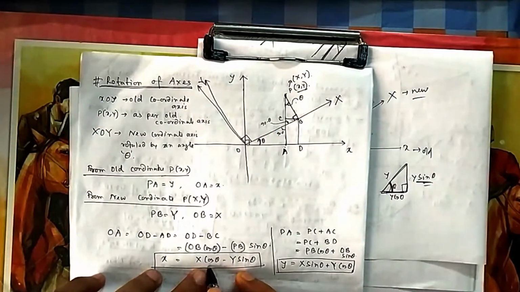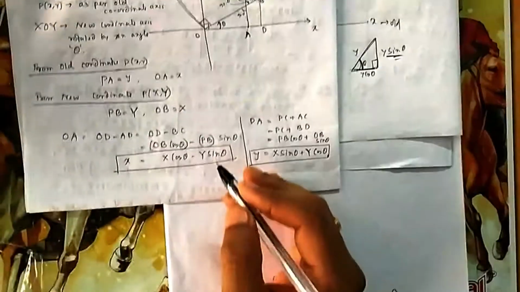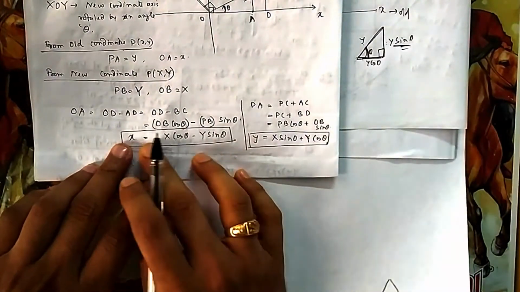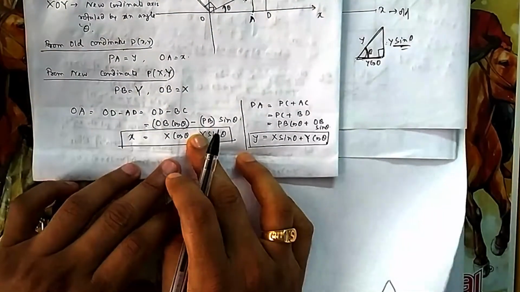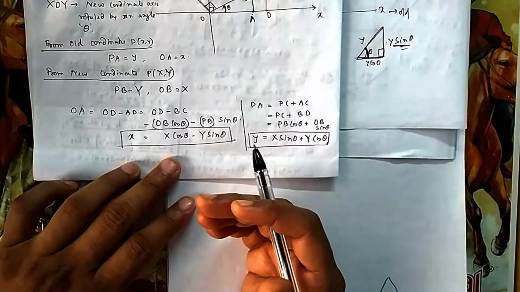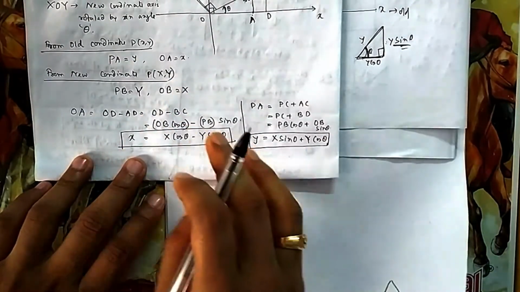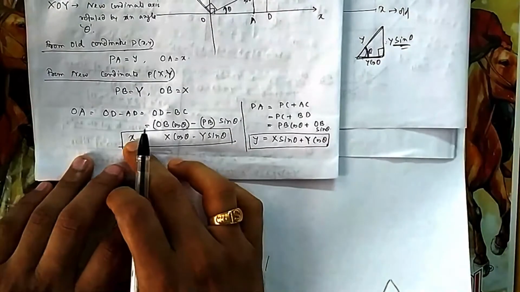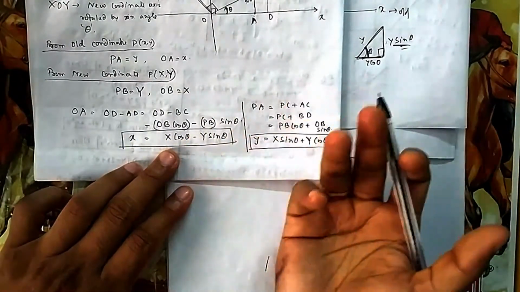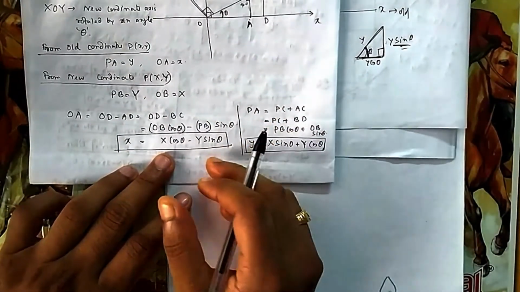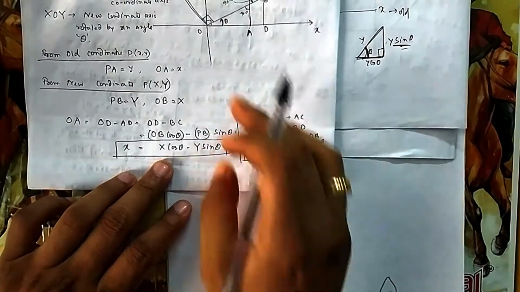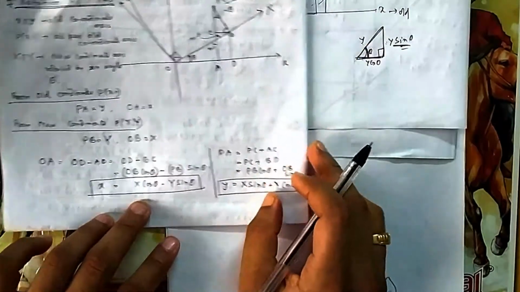So small x becomes X cos theta minus Y sin theta. If you know theta, then you can change your x. In place of small x, you write this, you will move to capital X, capital Y. Wherever small x is there in your old coordinate system, suppose a straight line equation or circle equation, everywhere in place of x you put this, you will move to the new coordinate system. The equation that you will get will be the equation as per the new coordinate axis.